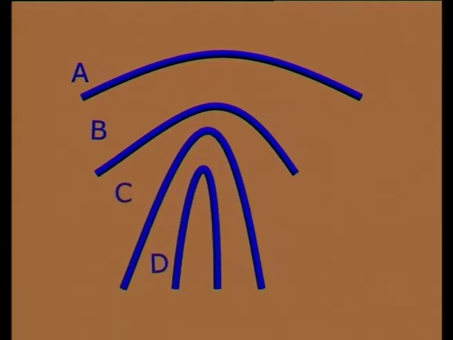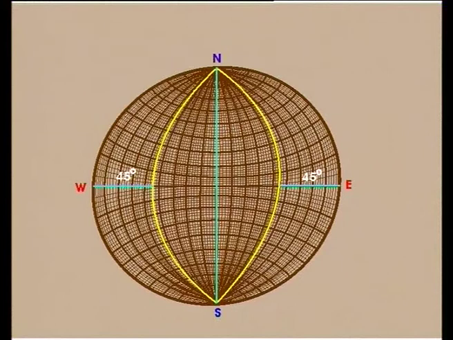Thus, on the stereographic projection, after we have obtained the projection of the two limbs and the profile plane, we try to find out what is the orientation of the axial plane and accordingly measure either the internal angle or the external angle between the two limbs to find out the interlimb angle.